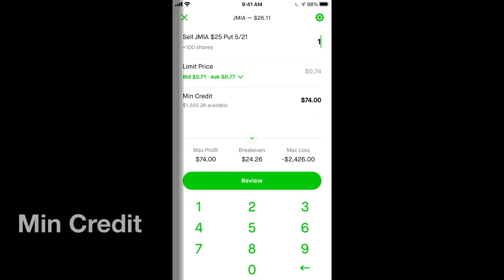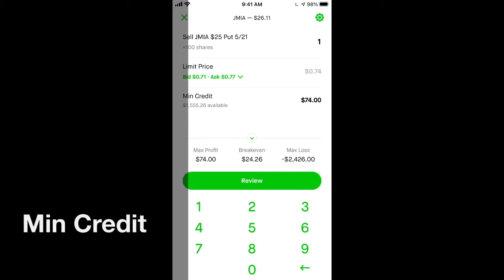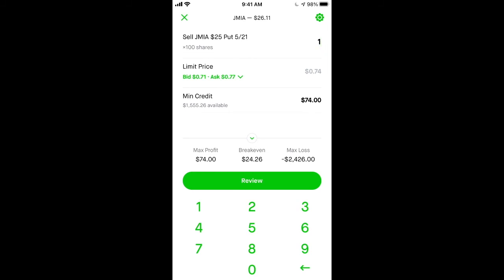So at the bottom, you're gonna see minimum credit. Minimum credit just simply means the total amount of money that you're gonna get paid for opening up, for doing that sell put. You get paid $74 if you have one contract. All right. So at the bottom of it, you see